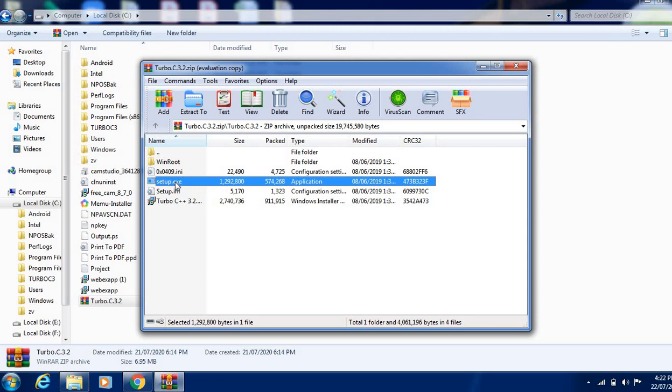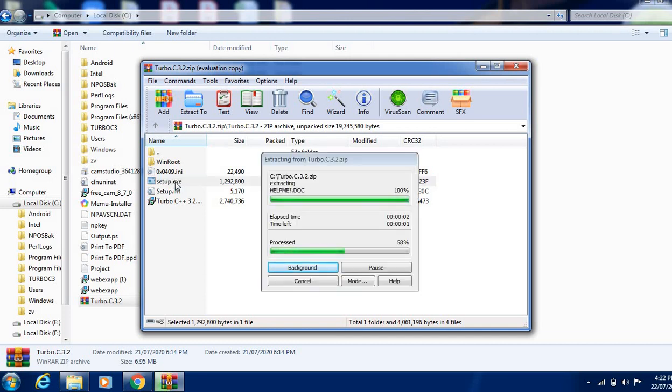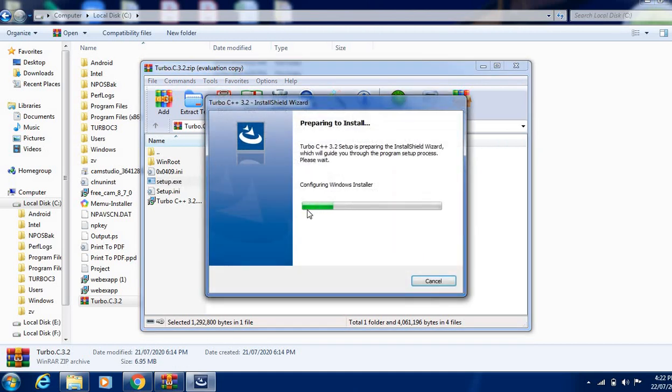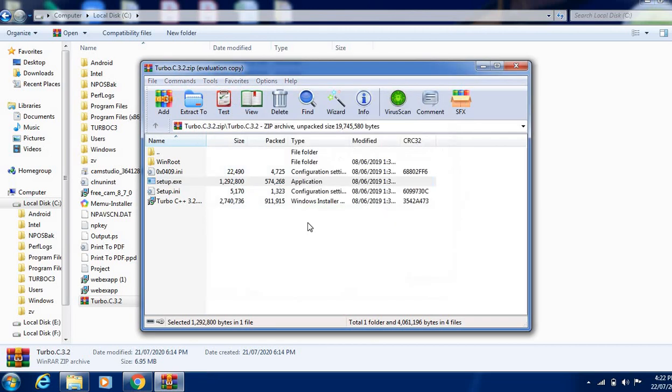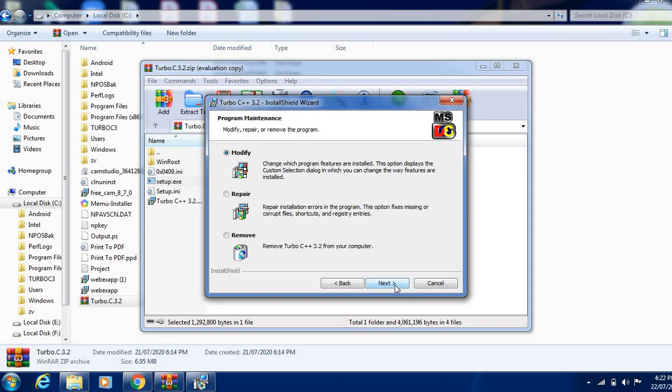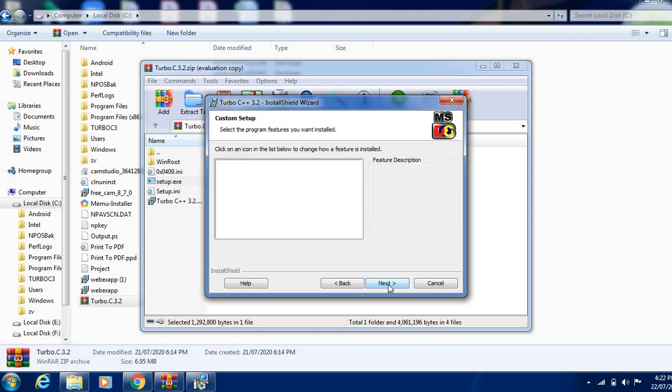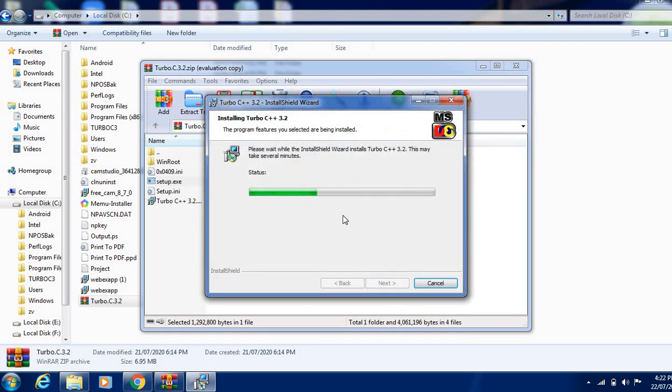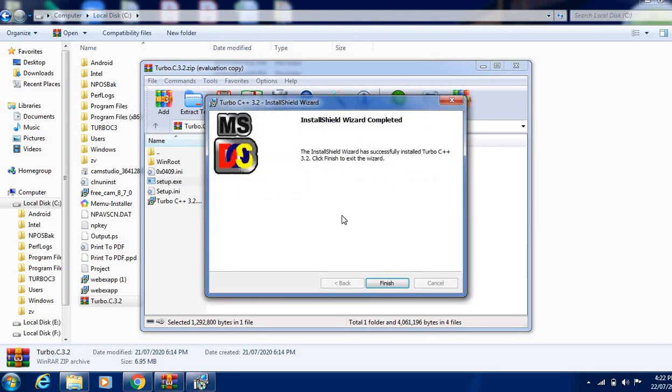Every time you just need to click on next. I will show you this process again. Run setup.exe; it will take a few moments for the installation. Click on the next button, and again next. Next, install. Every time just click on next and install.